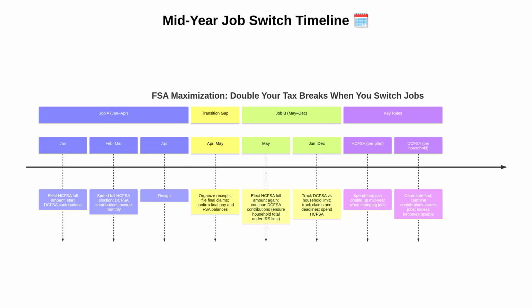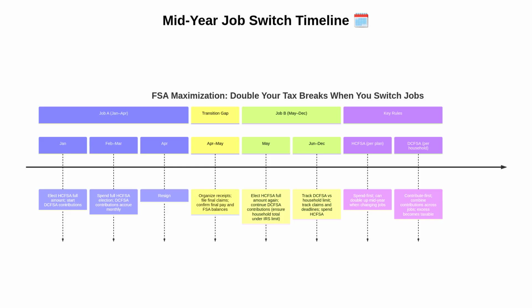This timeline highlights a typical mid-year switch. In the first section, during the first quarter at Job A, you elect and spend the HCFSA early, while DCFSA contributions accrue monthly. In April, you resign. During the gap period, you organize receipts, submit final claims for both accounts according to plan deadlines, and confirm final